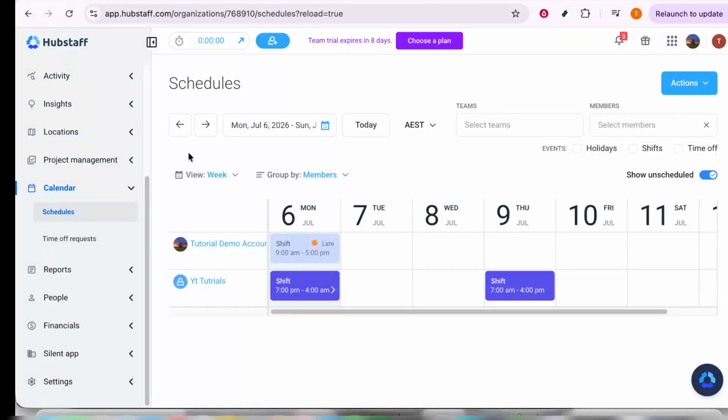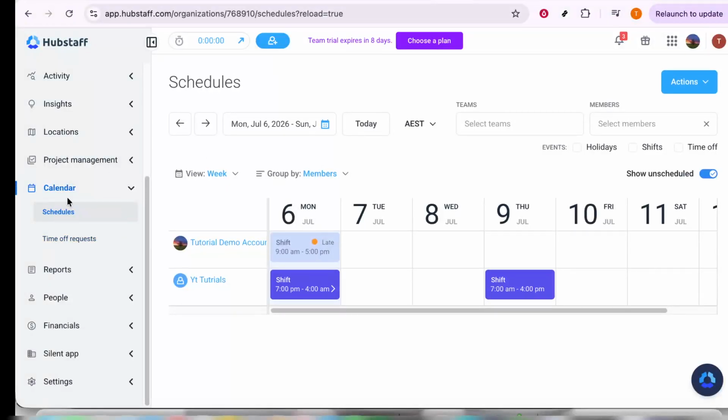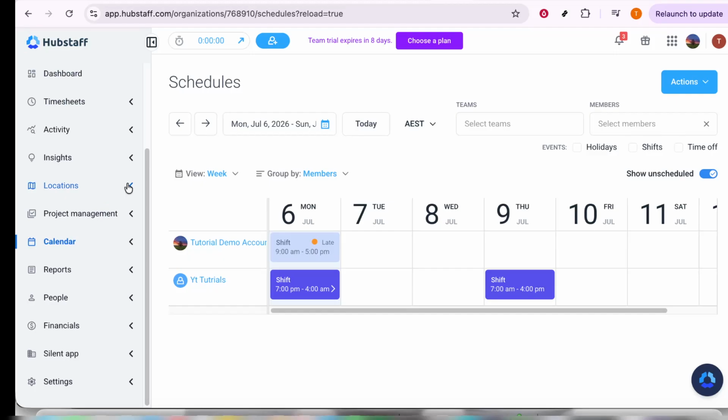In today's video, I'm going to teach you how to set maximum hours in Hubstaff. If you want to control how many hours a team member can work, Hubstaff makes that process pretty straightforward. Setting a maximum hour limit can be useful for managing schedules, preventing overtime, and keeping work time aligned with your team's expectations. In this walkthrough, I'll show you exactly where to go and what to update so you can apply